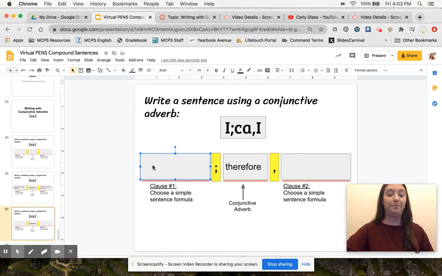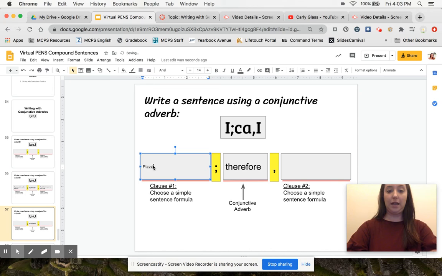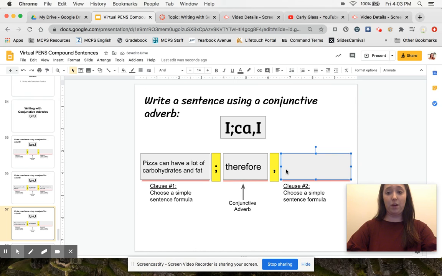So I'm going to stick to my food theme here, and I'm going to say pizza has a lot of carbohydrates and fat. Therefore,